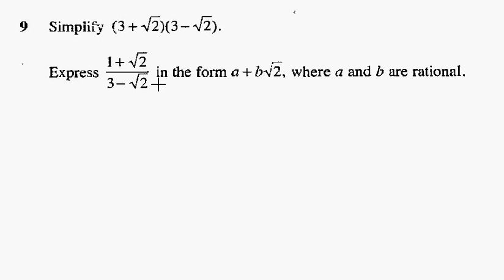Okay, now in this question they've been pretty nice to you. They could have left out this first bit altogether. Let's get the pencil back. And they could have just said, okay, forget this. Just write this in the form a plus b root 2 where a and b are rational. By giving you this first bit, let me bring it back,